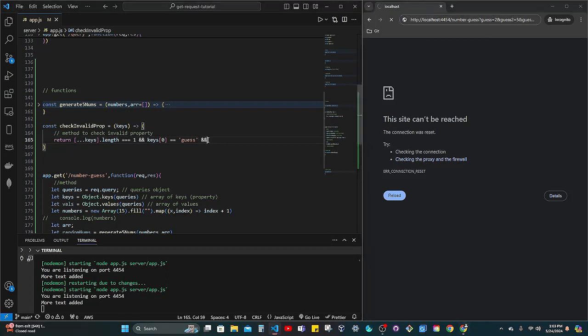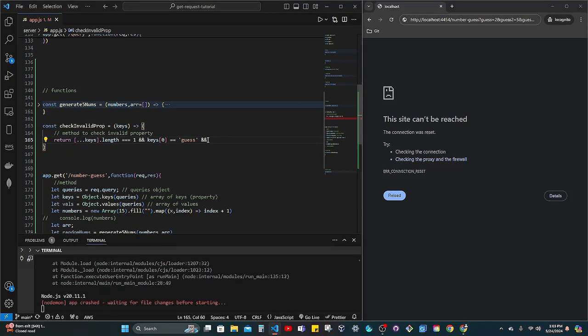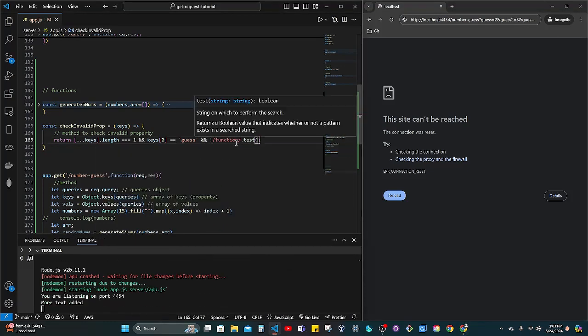Now, let's go on with our third and final condition for this function, and we're going to check to see if our property is a function and we don't even know it. So if we want to test to see if the property is a function, we'll send a regex. If dot test,